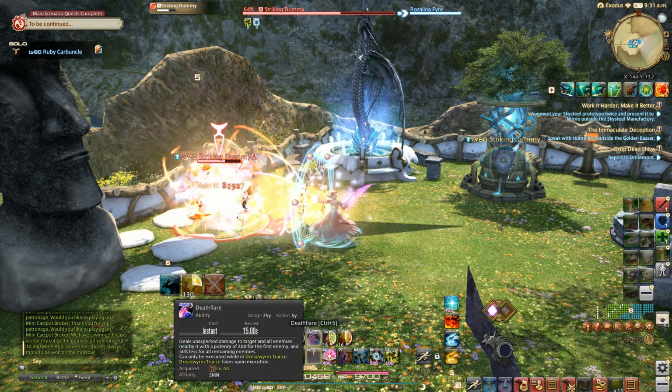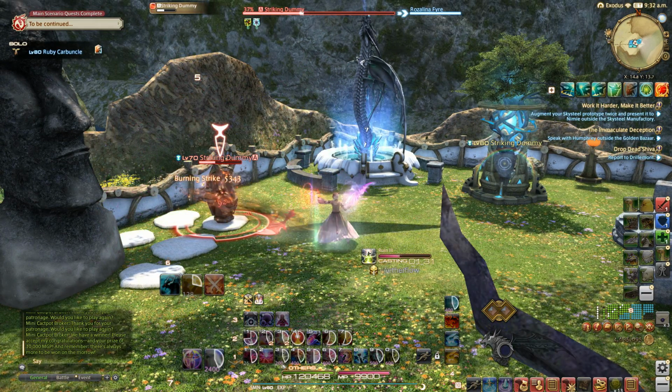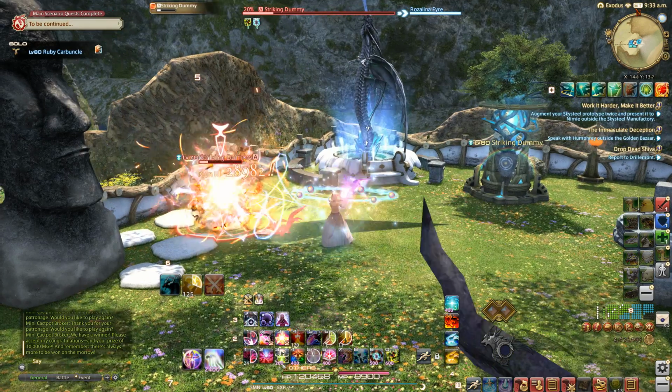Level 50 doesn't build to anything. Level 60 gives you Dreadwyrm Trance, but Dreadwyrm Trance doesn't really give you anything more. So it's like...